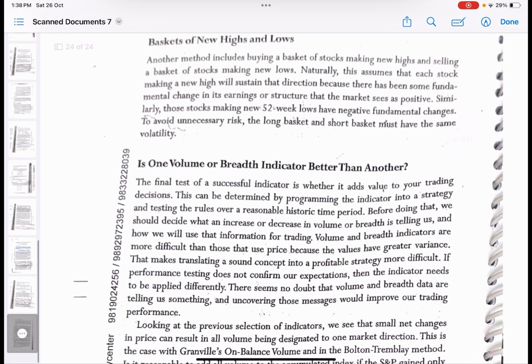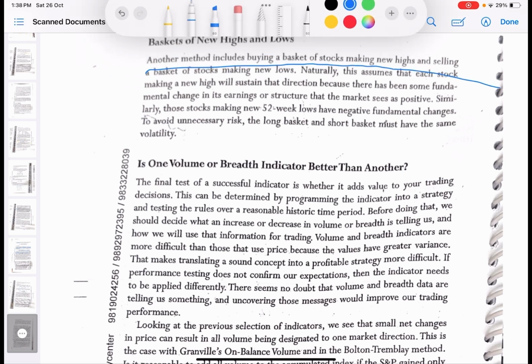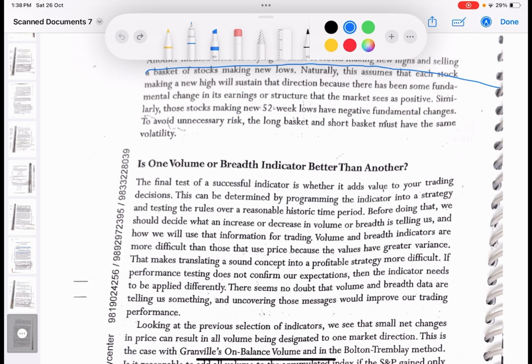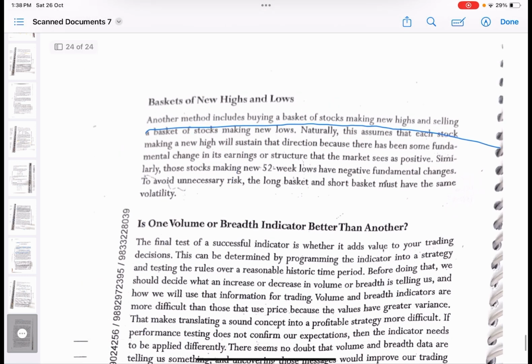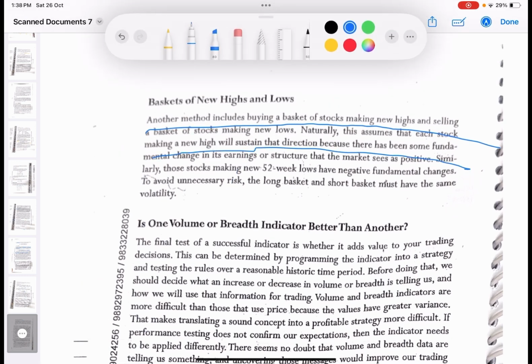Another method includes buying a basket of stocks making new highs and selling a basket of stocks which are making new lows. Naturally, that assumes that each stock making a new high will sustain in the direction, and if some stock is making